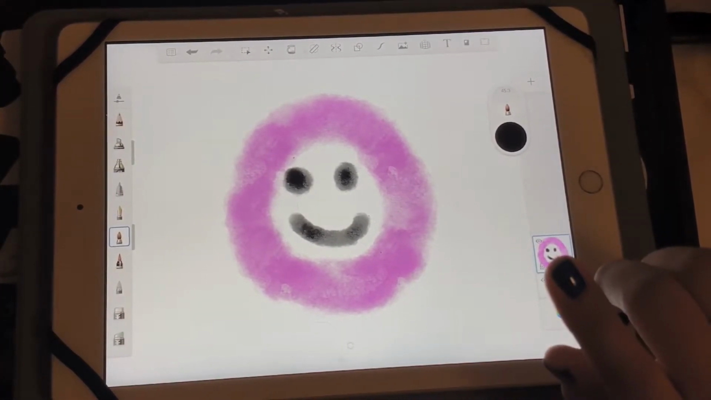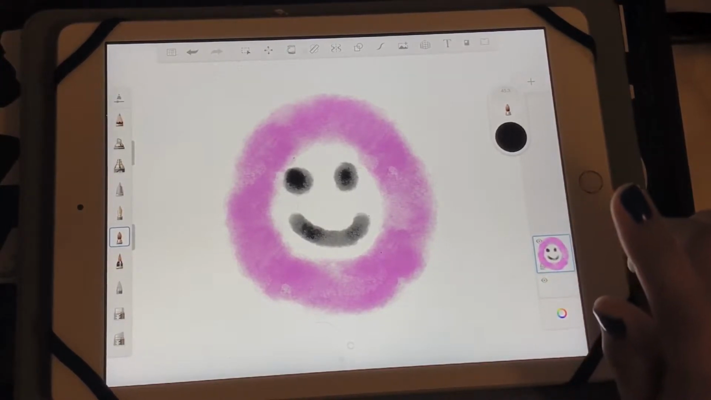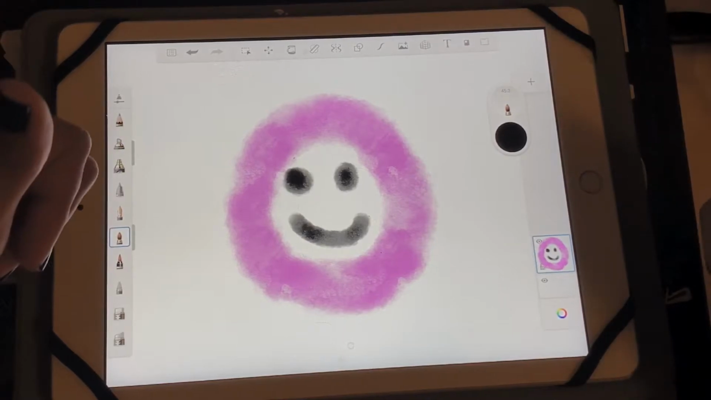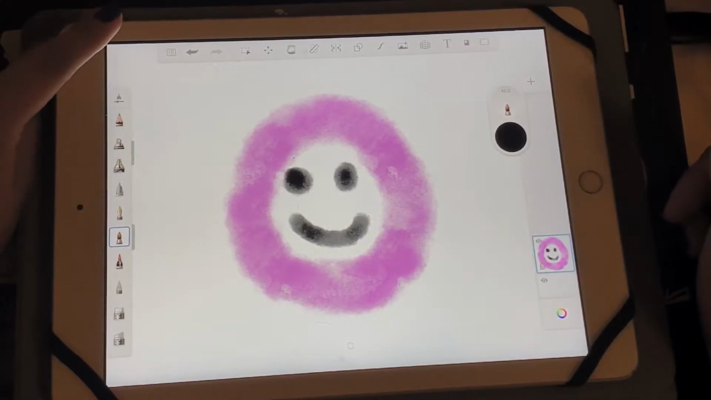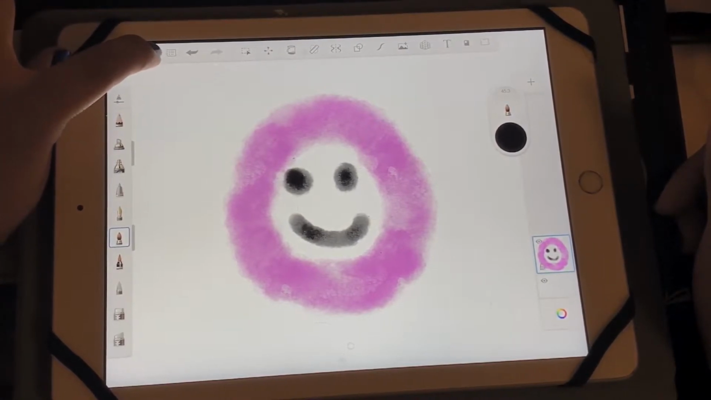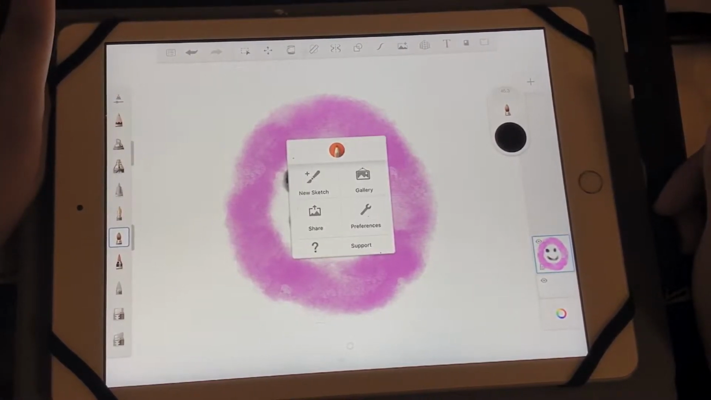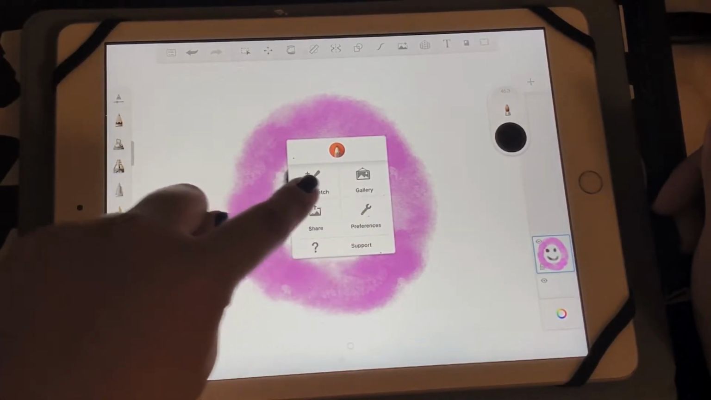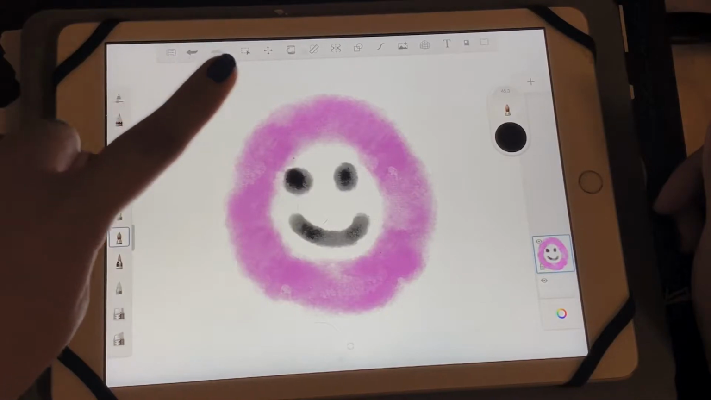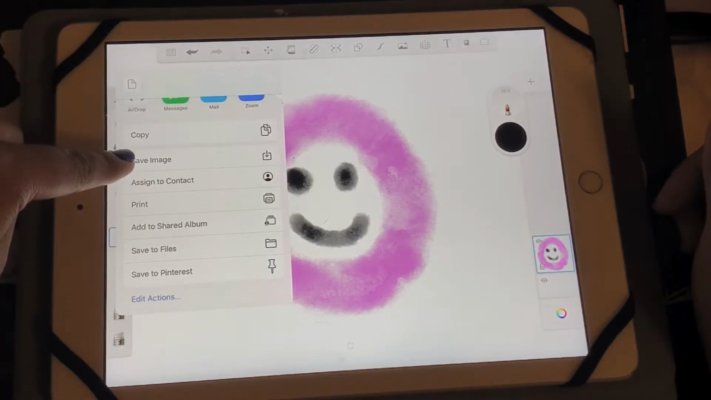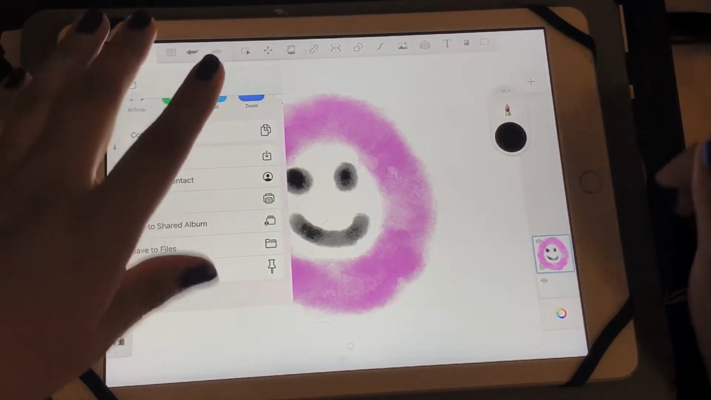So really quick, I'm going to show you how to save a finished drawing. So say this is all done. I'm happy with it. I like it. So particularly for the Sketchbook app, you're going to press these little buttons here. And it's going to say Share, New Sketch, Gallery, and Preferences. You're going to click Share. And then it'll say Save Image, and you're going to press Save Image,